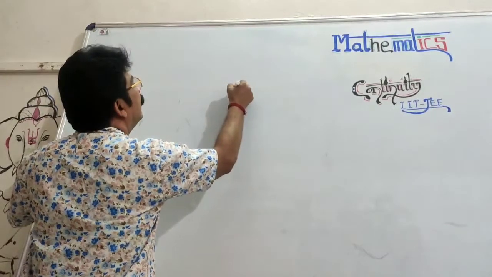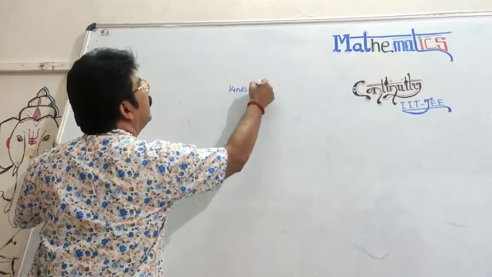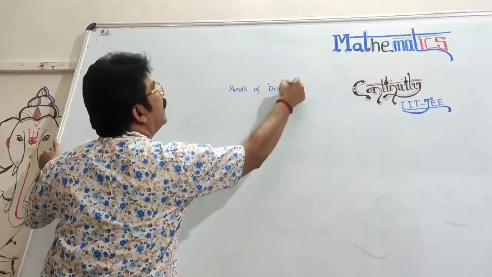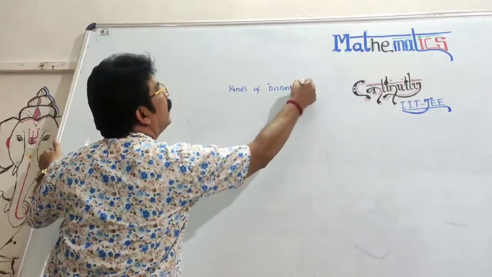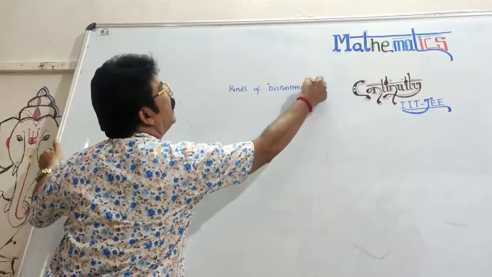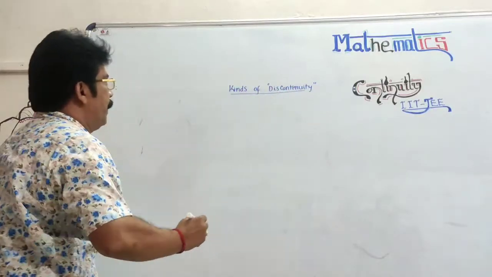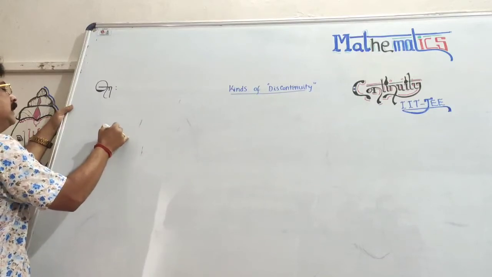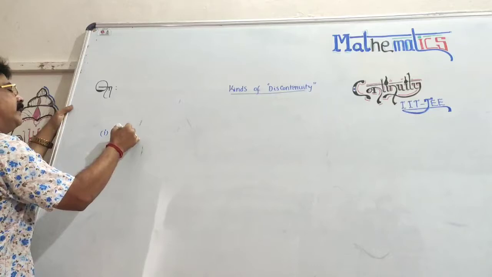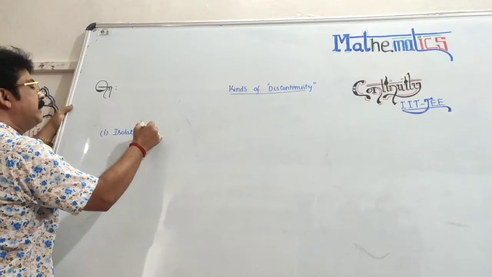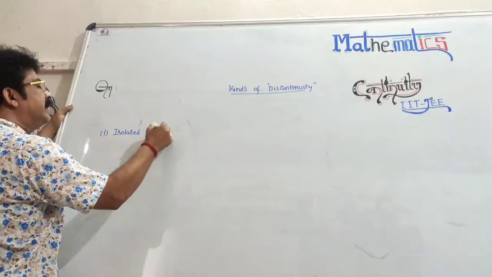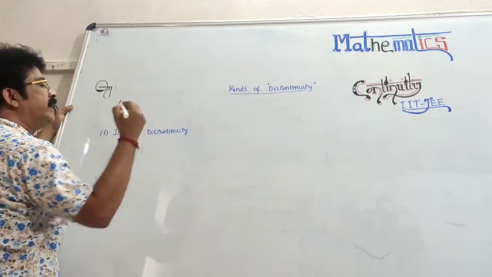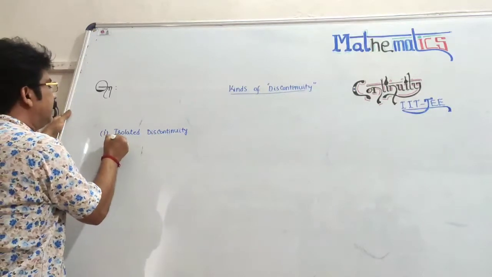Different kinds of discontinuity. Number 1. Isolated discontinuity. Isolated discontinuity. First definition